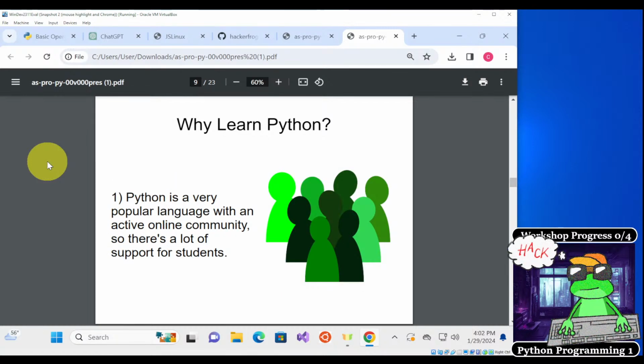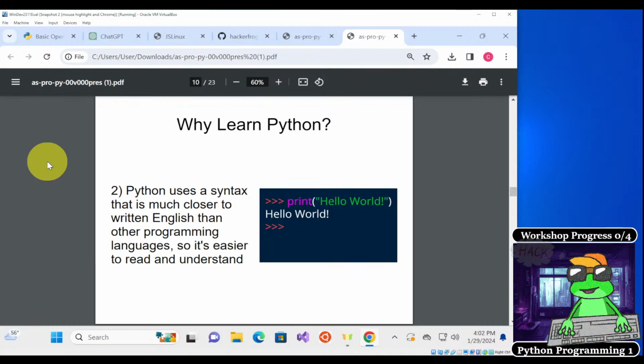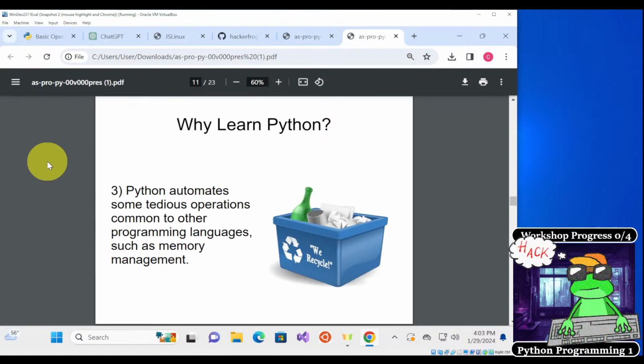Number 1, Python is a very popular language with an active online community, so there's a lot of support for students. Number 2, Python uses a syntax that is much closer to written English than our other programming languages, so it's easier to read and understand. And number 3, Python automates some tedious operations common to other programming languages, such as memory management.